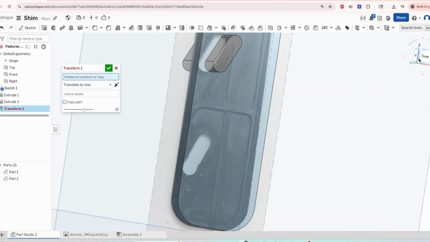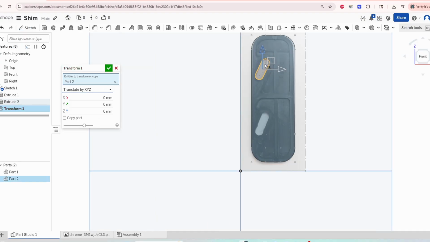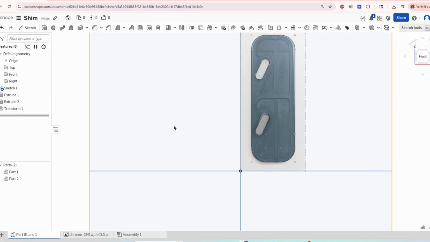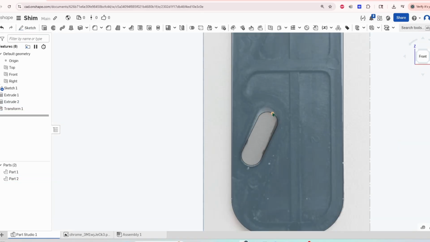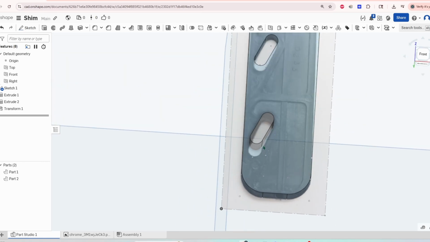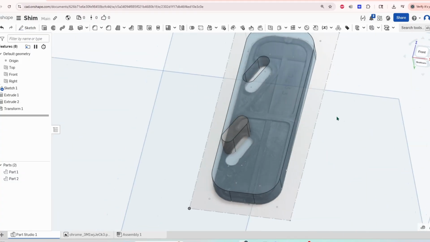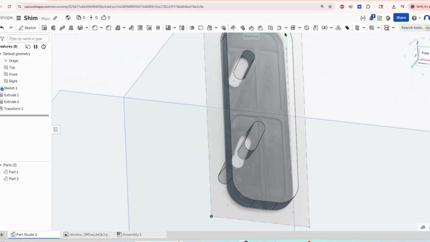So I'm going to click on front, and I'm going to click on that piece right there, and I'm going to go over here, translate by X, Y, Z. Grab this edge right here and drag it down to approximately where I think it should go. And yep, that sounds good. Looks good to me. If you want to play around and make that a little bit bigger, we can't make it bigger unless we modify that original sketch. Okay, so if we want to make that a little bit bigger and match that a little better,